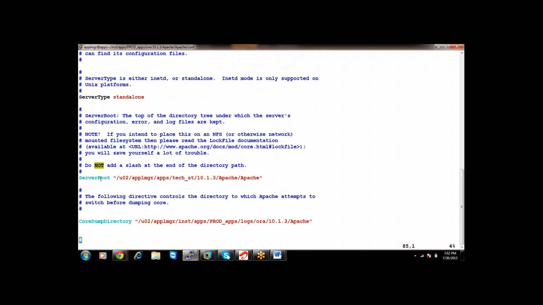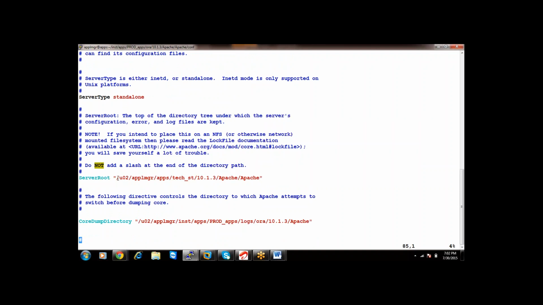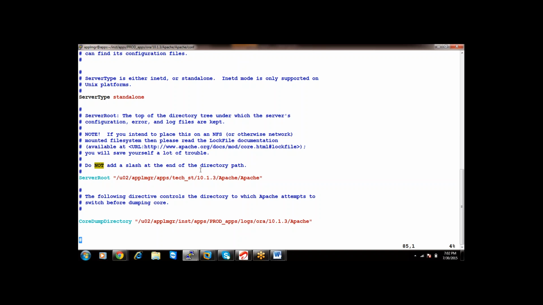So in your template file, you will see only the structure of the variables. But the associated values will be seen only in the configuration files. So if you want to make some changes, if you want to add some more parameters like this in the configuration file, you have to make the necessary changes in the template file.